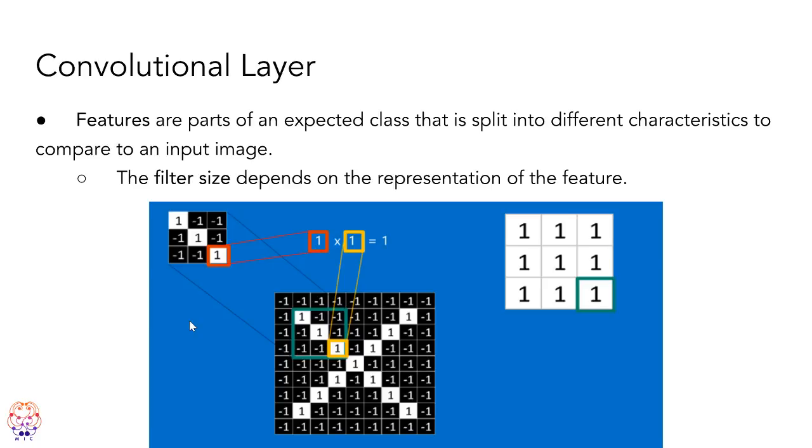We're looking for an orange beak with this square. It's represented by these ones. So we're going to take this 3 by 3 matrix, which represents the filter or the feature that you're looking for, and we're going to iterate through the actual